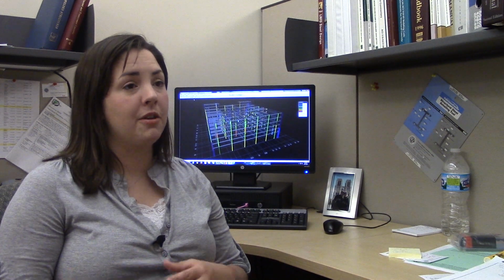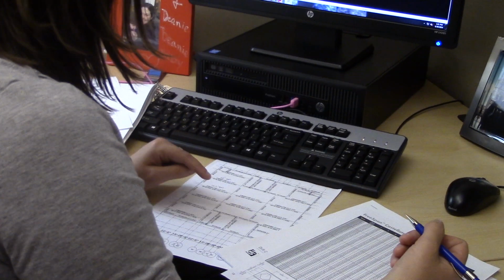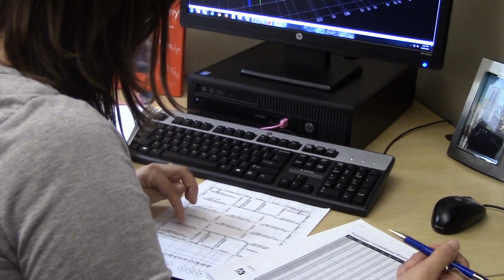Most people know about the ability to call and ask steel questions, but they don't actually realize that they can get conceptual solutions at no cost to them. What we do is provide studies for engineers, architects, contractors, anyone who's looking to possibly use structural steel in a building design. Anyone can utilize the Steel Solution Center, or SSC for short, regardless of membership in the American Institute